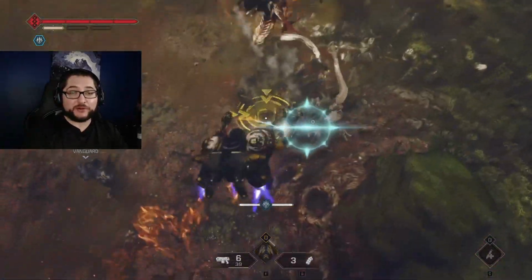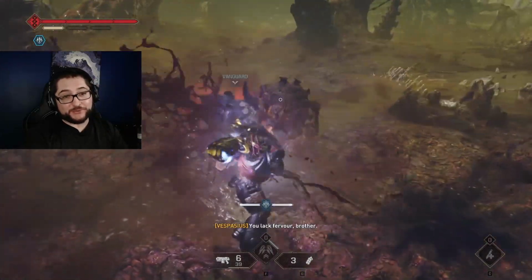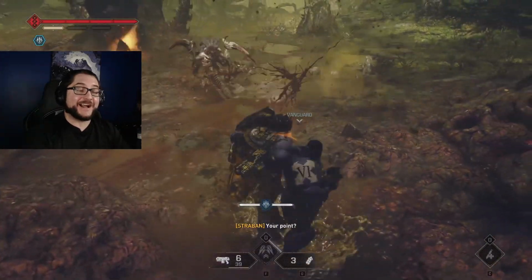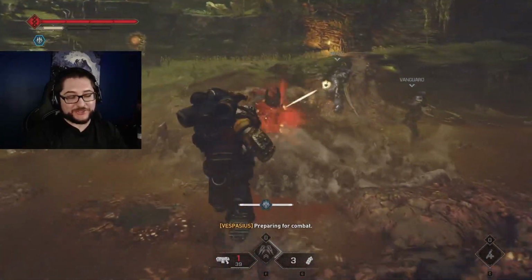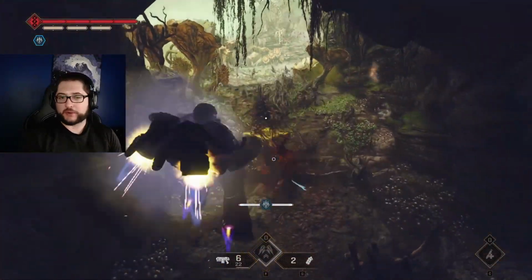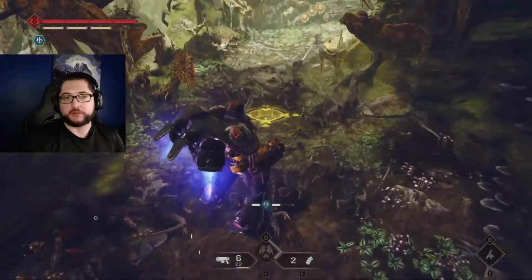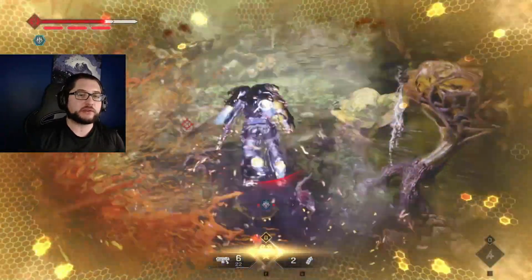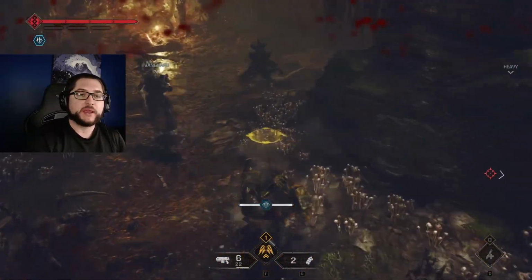So think double Ravener or double Terminators or 4 Zoanthropes. I think it's fine until you get 4 Zoanthropes. Then it's just the worst possible change ever. I also felt like we were getting a lot more spawns, at least on lethal, with the enemy variety feeling a lot better and we were killing a lot more stuff. So I think they're at least trying to make it feel more swarmy, which is a good thing,